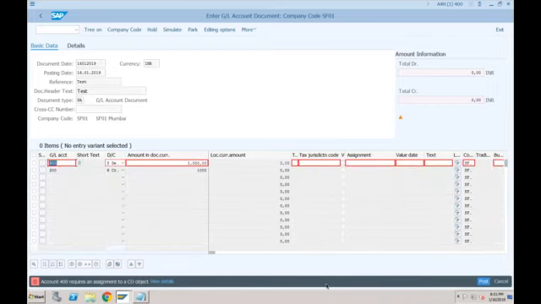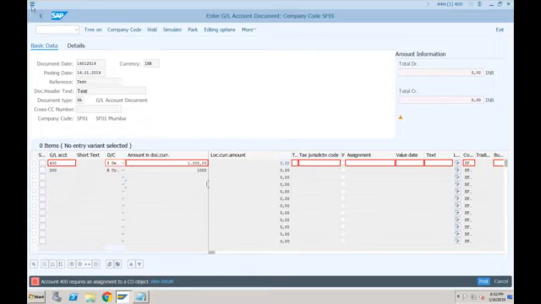Yes, so account 400 requires assignment to the CO object. This is a normal issue that you will also find in SAP ECC, which means the system is asking you to provide the CO object. Okay, so what is a CO object? It can be a cost center, it can be an internal order, it can be any account assignment object. But we have still not created any controlling object. We have still not created a cost center and profit center and all.